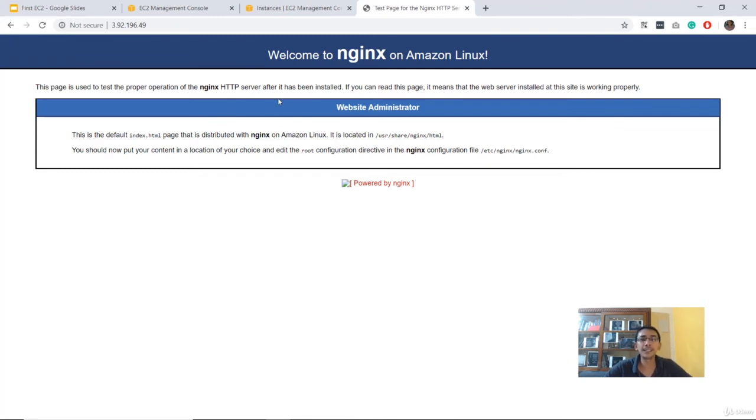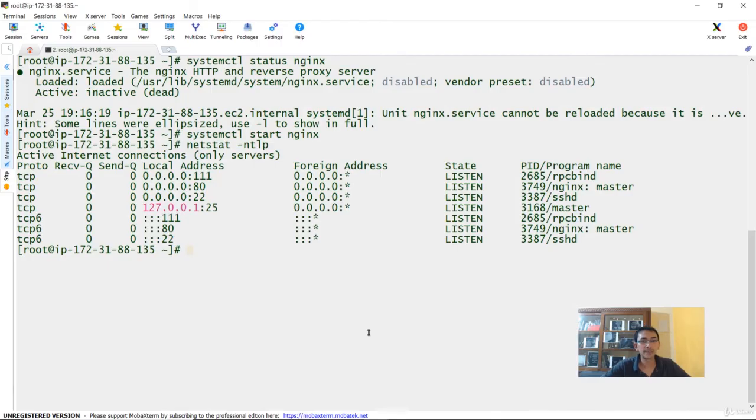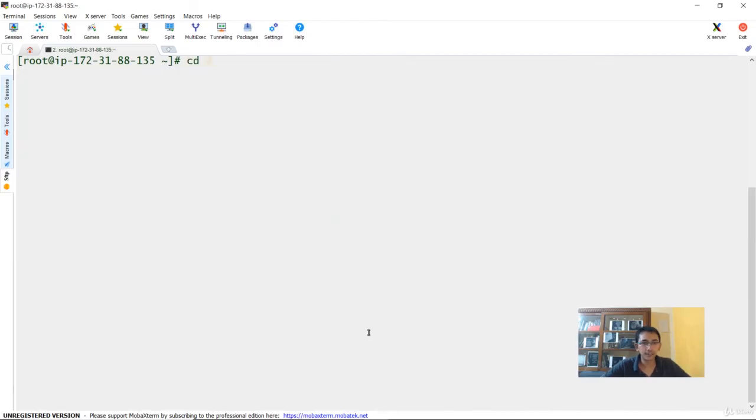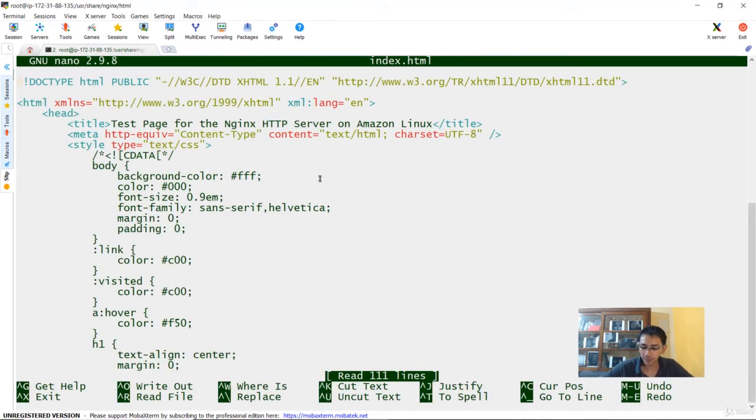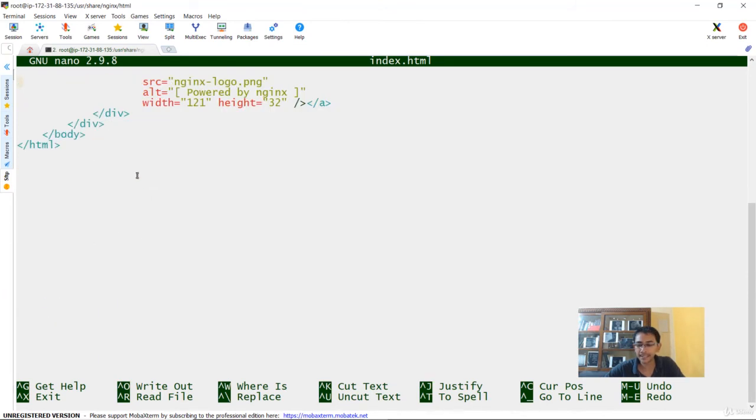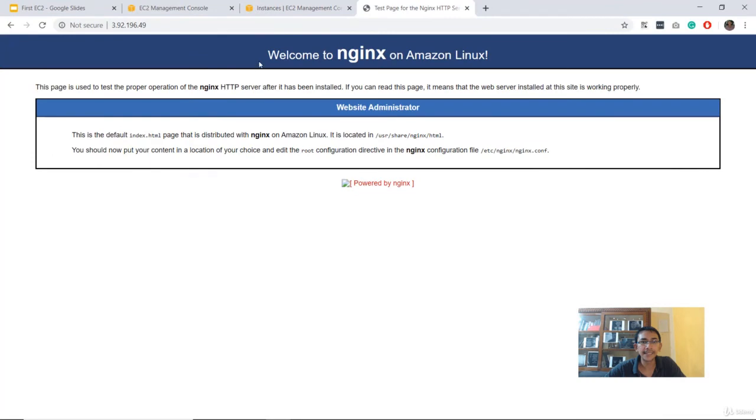Now let's go ahead and modify it. Within our Linux server, the web page is stored in a folder within this path, which is /usr/share/nginx/html. If you do an ls over here, you see that there is a file called index.html. Let me quickly show you this file. All of this HTML content is basically reflecting the specific architecture of the website that you are seeing within the browser.